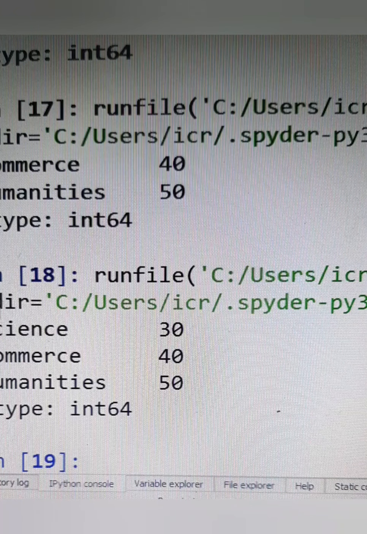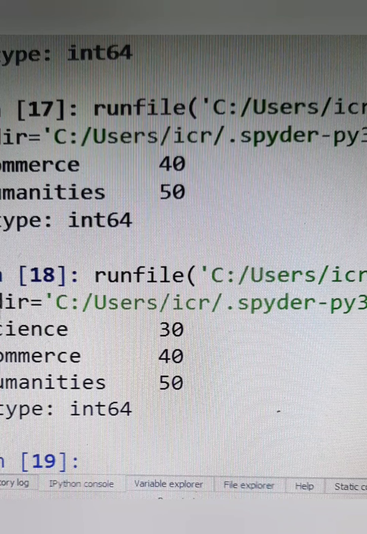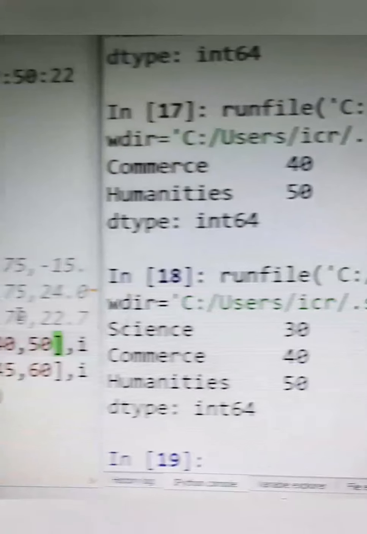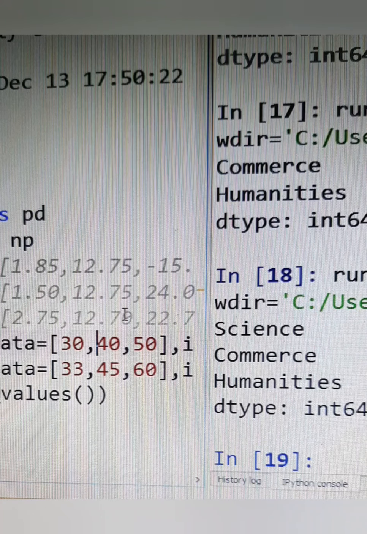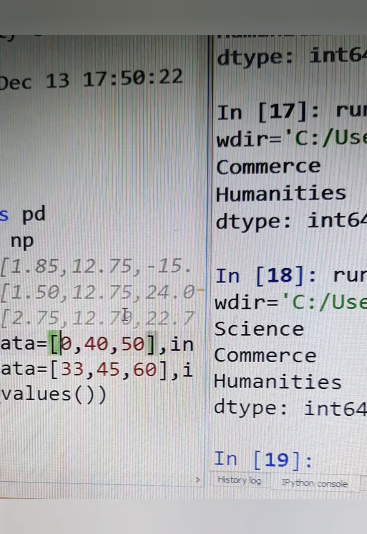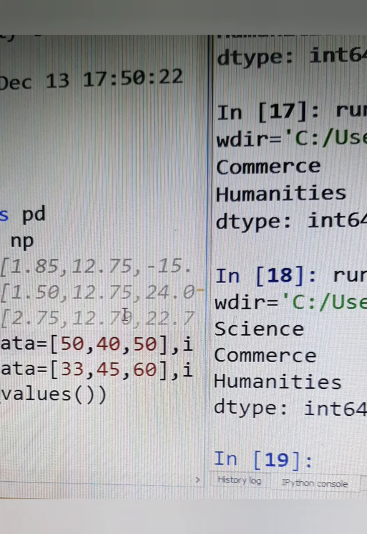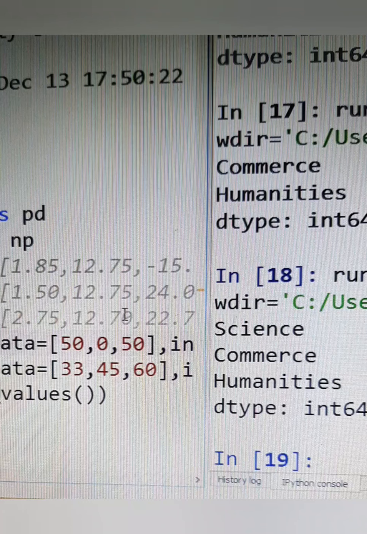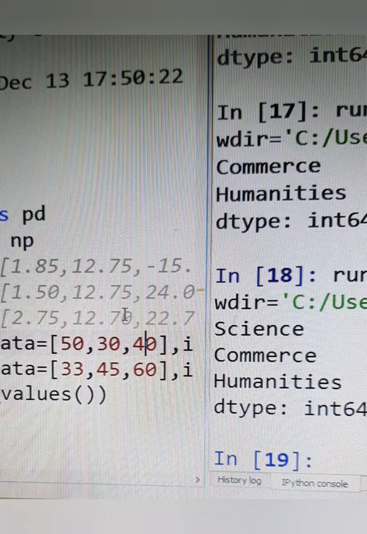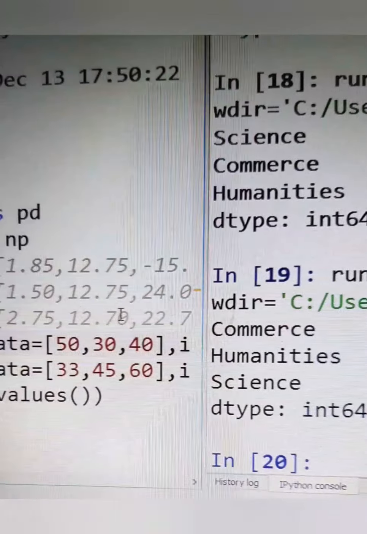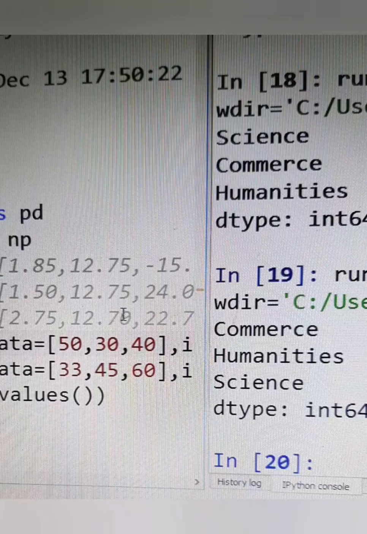If suppose I would have given the values in jumbled order in the program, suppose instead of 30, I would have given something like 50 over here and then 30 over here and then 40 over here, still I would have got the same answer, because sort_values, if you do not give anything, by default it is ascending order.